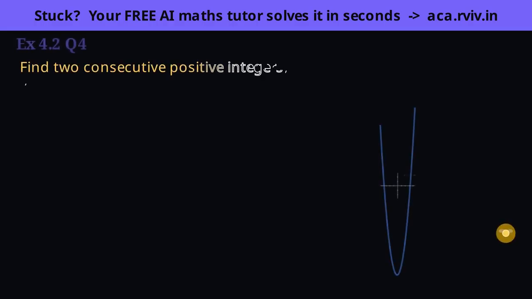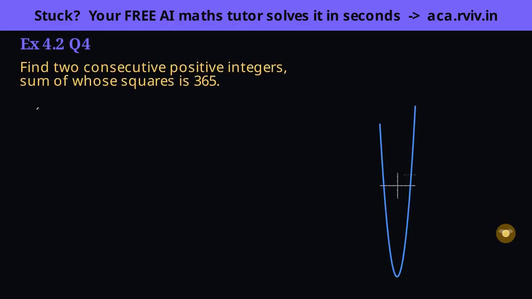Consecutive integers share one letter. You may recognize this from example 5, worth redoing so the method sinks in. Consecutive means the integers differ by 1, so let them be x and x plus 1, one letter carrying both. Translate, sum of their squares is 365, square each and add, equals 365. The squaring is what will raise us to power 2.